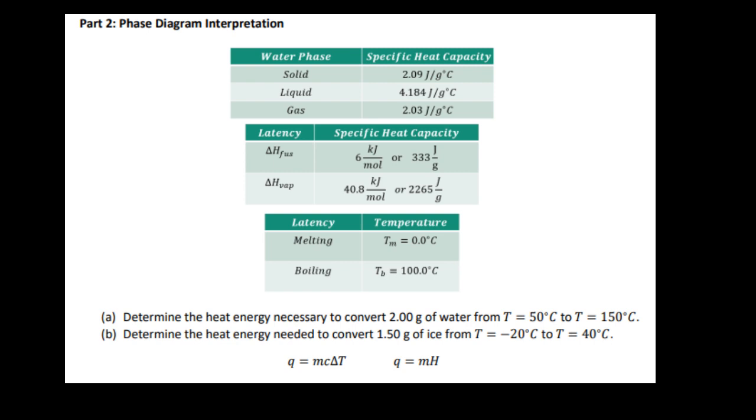Since temperature is not changing, kinetic energy is not changing. But during latency, if we're going from the solid phase to the liquid phase, we are adding heat energy to the solid to increase its potential energy to the point that now all those atoms are collectively in the liquid phase. If we took away energy